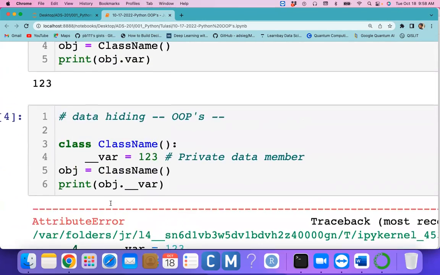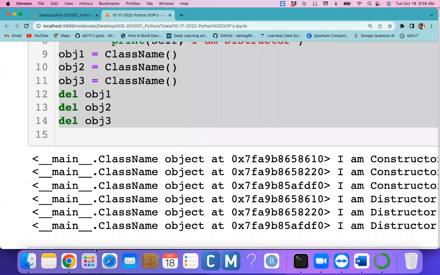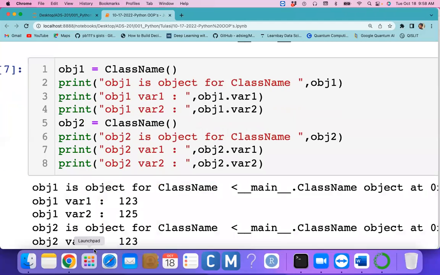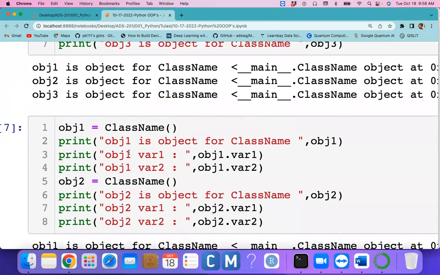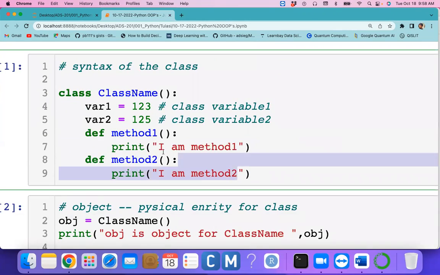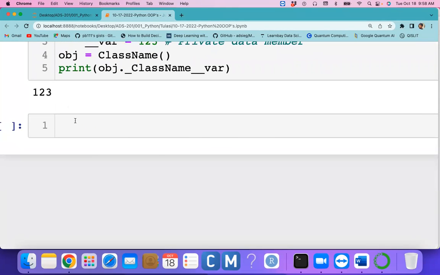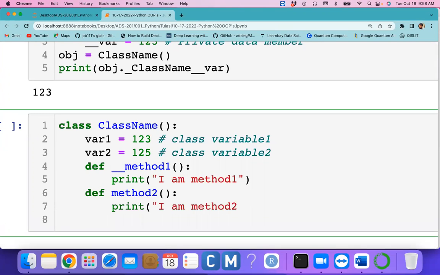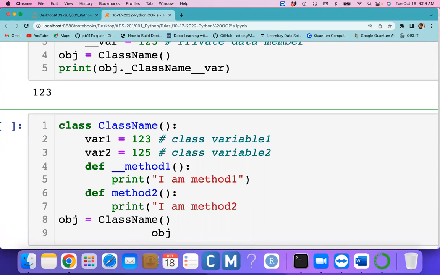Same thing we can do for the methods as well. For example, you can create two variables and two methods. Here my method one has two underscores. If I want to access method one, it is not possible. So you create the object, and if you want to access method one,